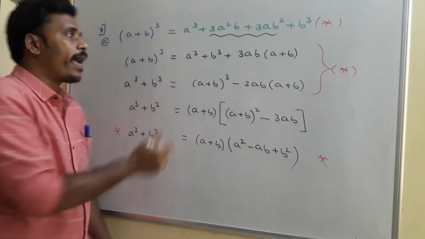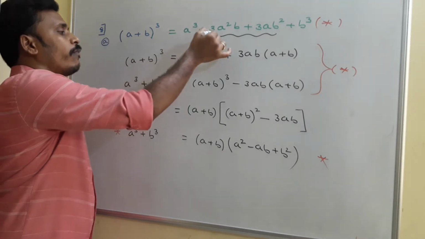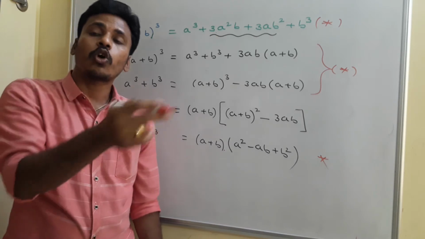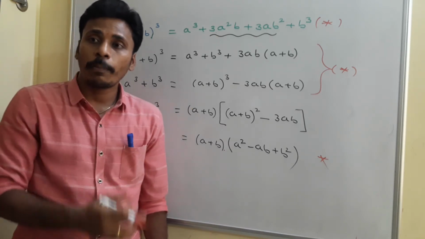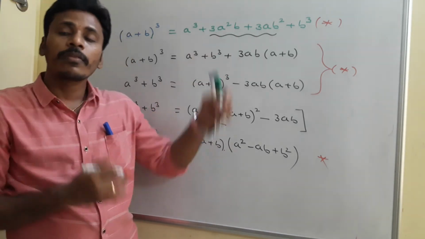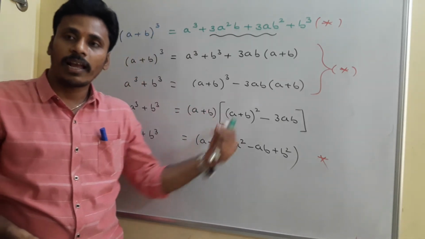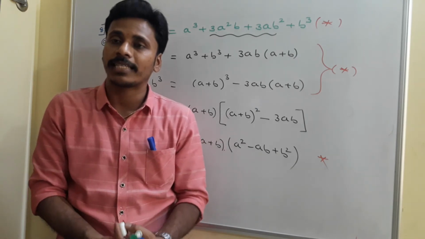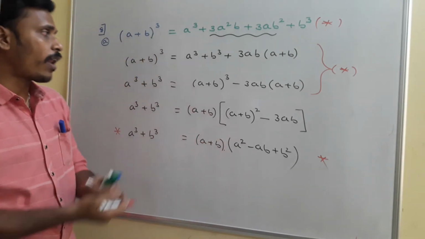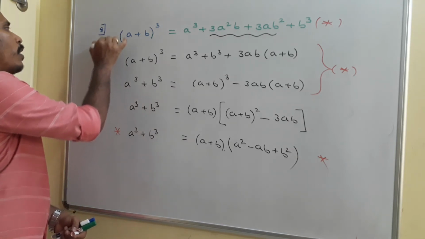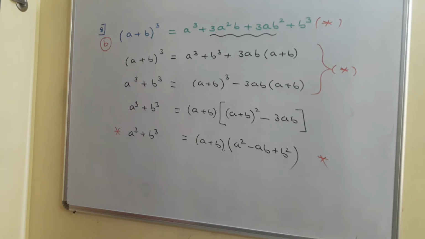So with the same expansion a plus b whole cube, we have three different results, and all those three different results are important to solve different problems. For one type of problem we use the first result, for another type the second one, for some type of problems we use the third one, and I will give you all those problems in the next point as ninth point. Okay, so first of all have a look. This is about 8b, about a plus b whole cube, and then in 8c I will give you something about a minus b whole cube. Okay, just now have a screenshot.